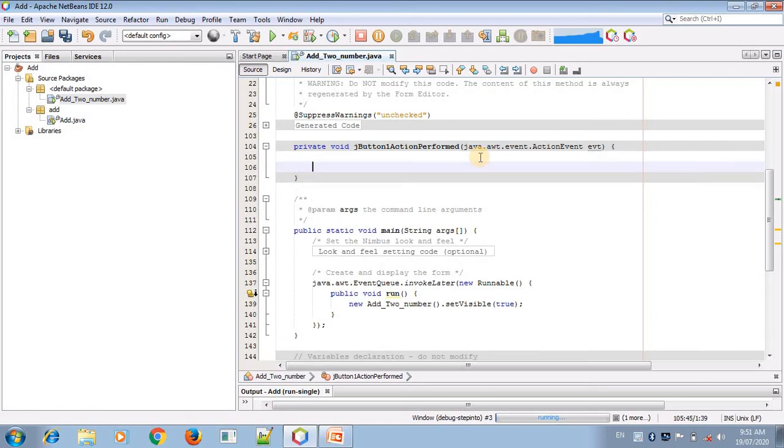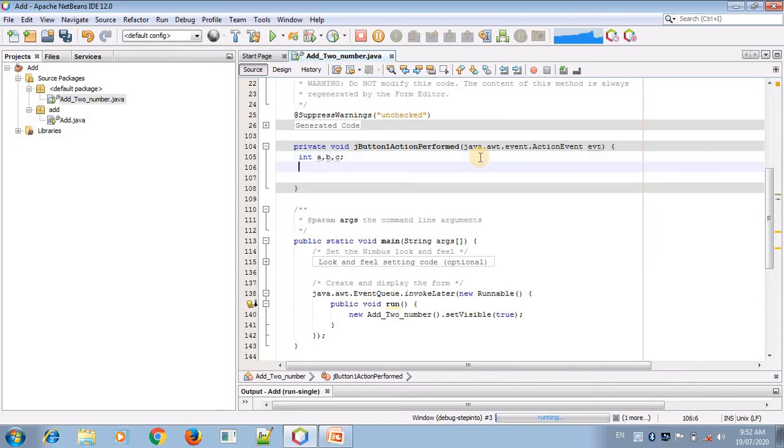Okay, how to add these numbers. First we need variables so we can store the values. So first, int a, b and c. I'm just taking three variables here. These are all int, meaning integer values. Only integer values are accepted, without any decimal points, so it is called an integer value. In the previous video I already discussed what data types are and how many data types there are. So these are the integer data types, which I will not discuss again.